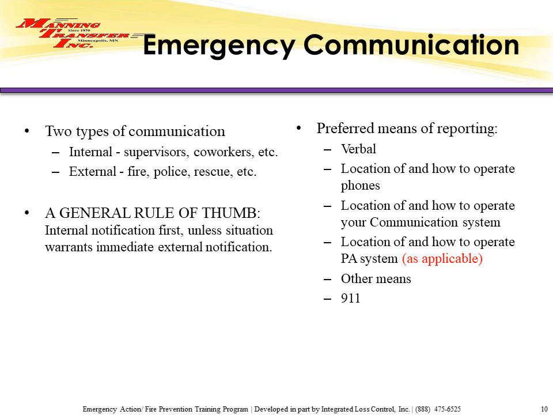There are several methods of reporting. One is verbal. For example, if we need to have a fire alarm, we can simply use an employee that will go around and notify employees of fire in the facility. If we're using our phone system, we want to make sure everyone understands the location and how to operate our phones. A location on how to operate a communication system if we have a PA system. And any other means that we may use for communication. Also how to dial for 911 in case we have a phone system that requires that we press the button 9 before we dial a 911 emergency number.